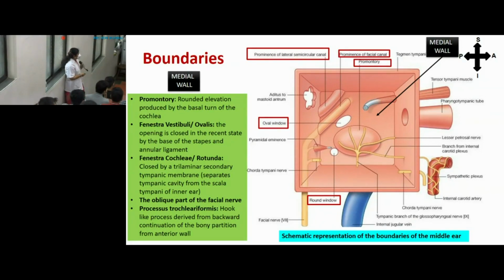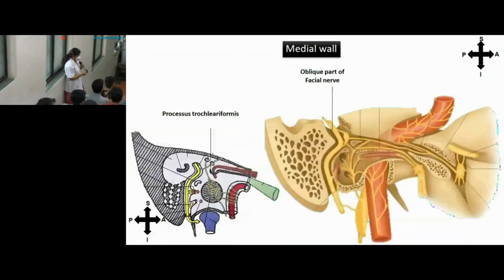Now what is remaining is the lateral wall of the middle ear cavity. Before that, we'll see this book picture. Here you can see the promontory, oval window, round window, and how this lesser petrosal nerve is going up. This is the tympanic plexus. Caroticotympanic nerves are seen piercing the anterior wall. This is the tympanic branch, and this is the oblique part of the